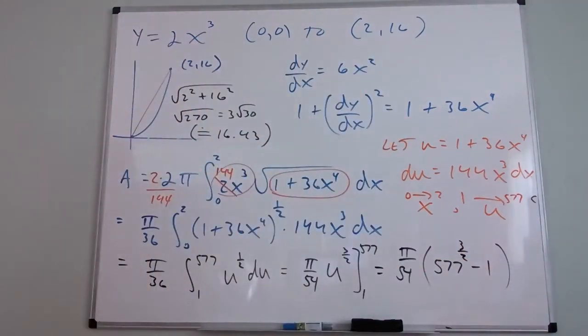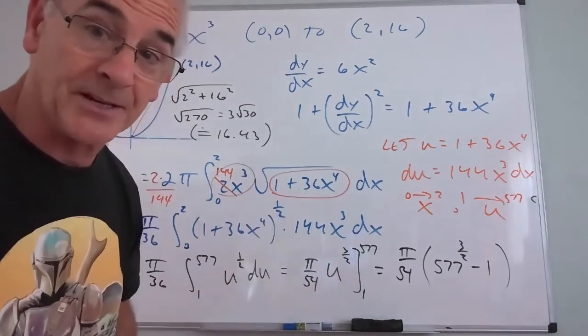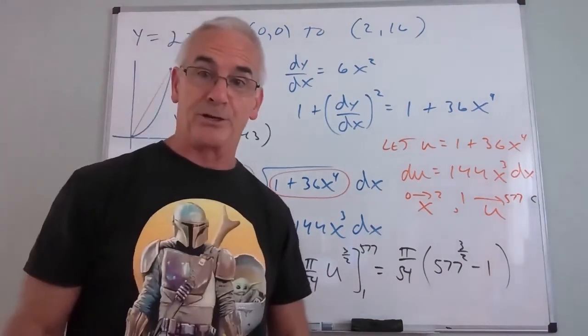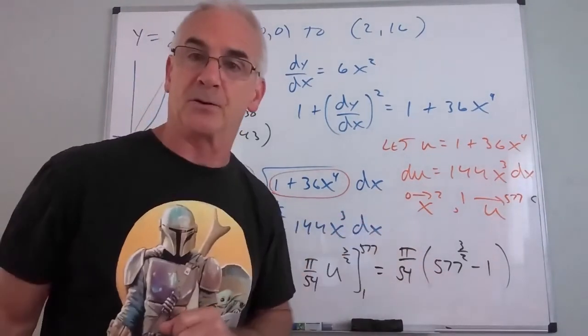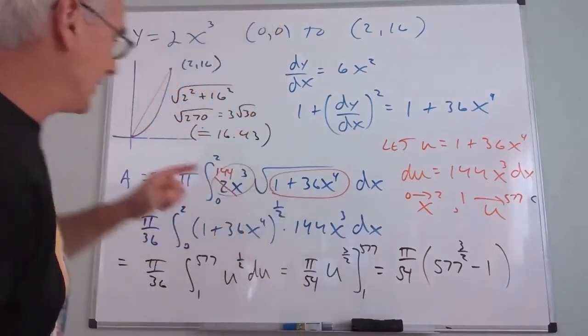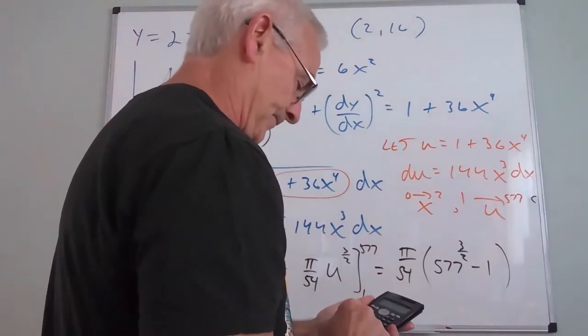Leaving 1 to the 3/2 is kind of silly because you can evaluate that. Now, I'm pretty sure I did everything correctly, right? And we're okay with pretty sure. No, I'd like to know. This is my answer. I'm pretty sure I did it right, but now I can compare it to the decimal. So when I calculate this,